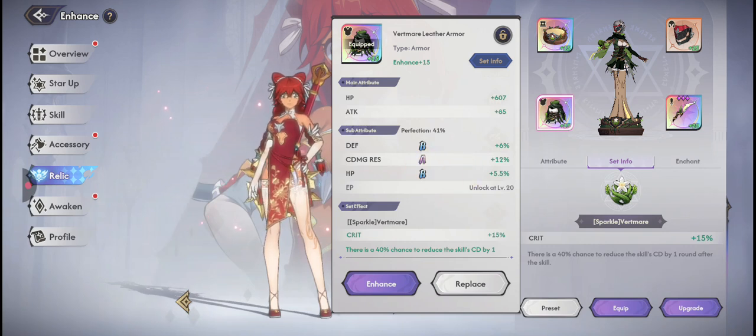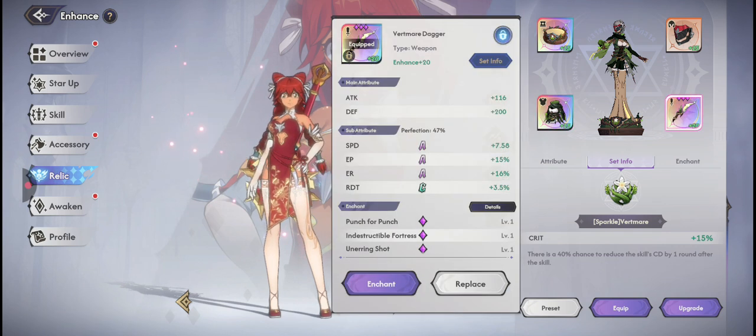HP is the best thing for her. The more HP she has, the longer she lasts in combat and the more she heals. Effect precision is kind of useless because she doesn't put any negative effect on the enemy, so we're gonna skip that. In the weapon, for example, again, effect resistance and speed are very good because she kind of needs the